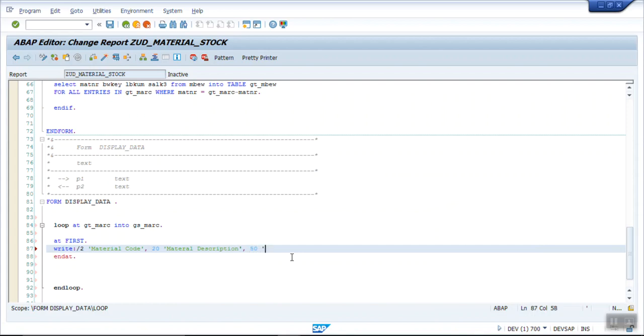At 50, I want to print valuation area. Then I want to print the total stock, which I will print at, let's say, 70. That is the total stock. And at 90, I will be writing value of the stock.